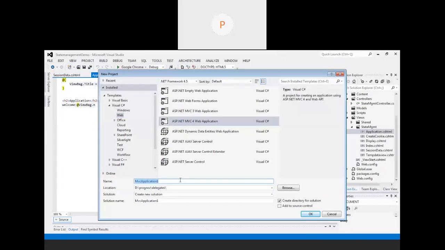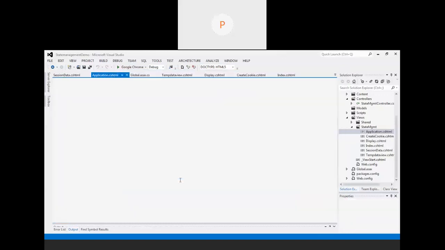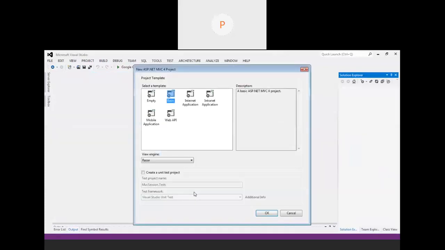So we'll say MVC session. Create a basic application over here, then select the template as basic. Done.